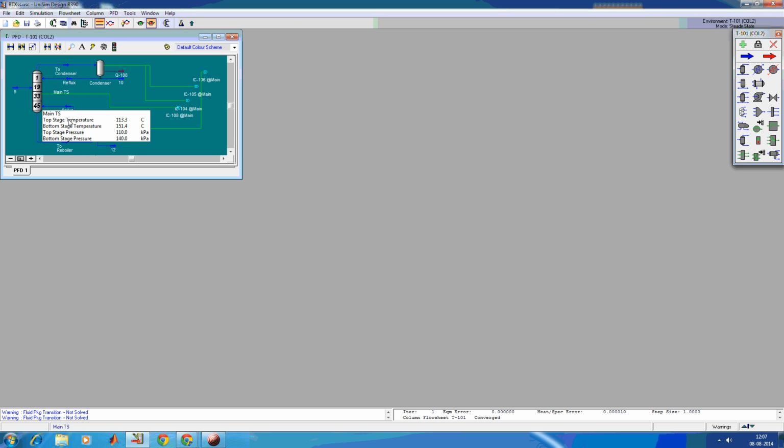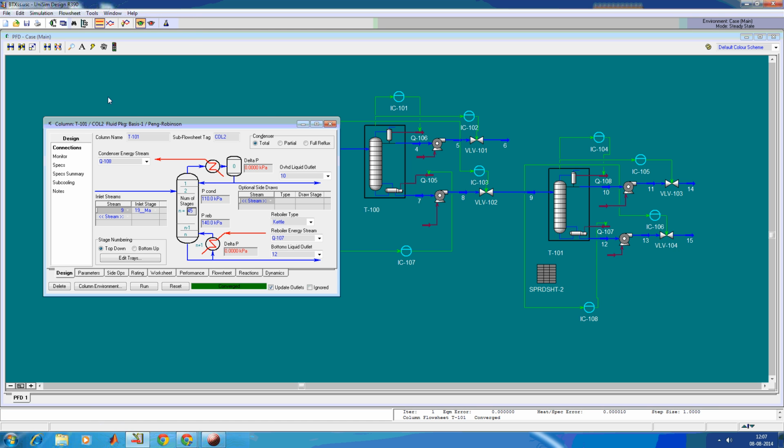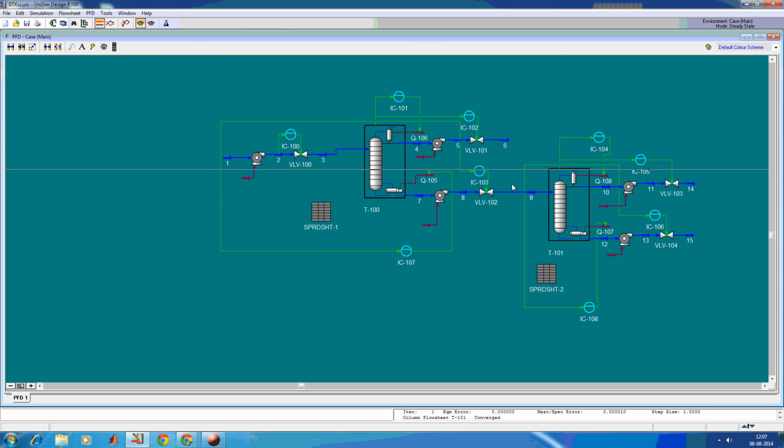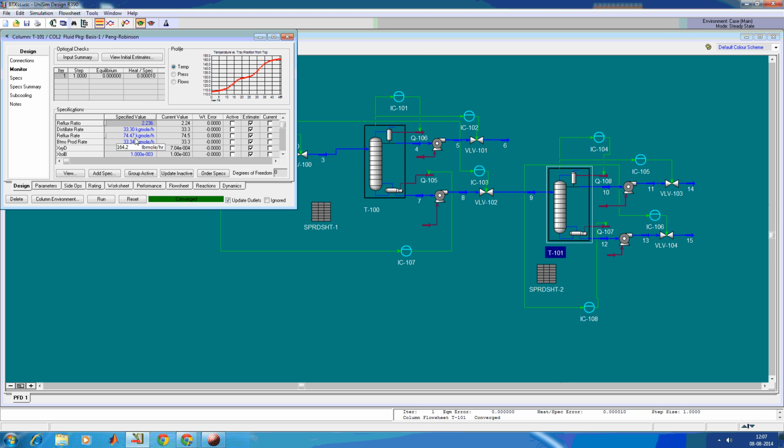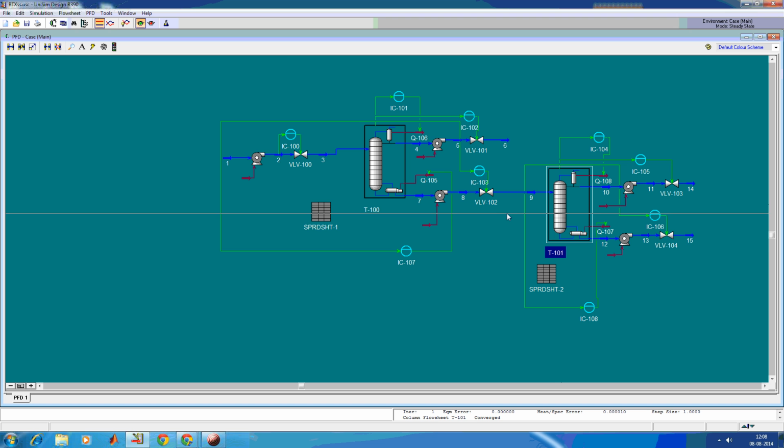Did we set the diameter or not? Yes, the diameter has also been set. So everything is set. Very good. So if I look at this guy's monitor, reflux rate is 74.47 and distillate rate is 33. Okay, it's double, that's fine. Okay, fine. So everything has been set up, we've made all the necessary things, so now this is